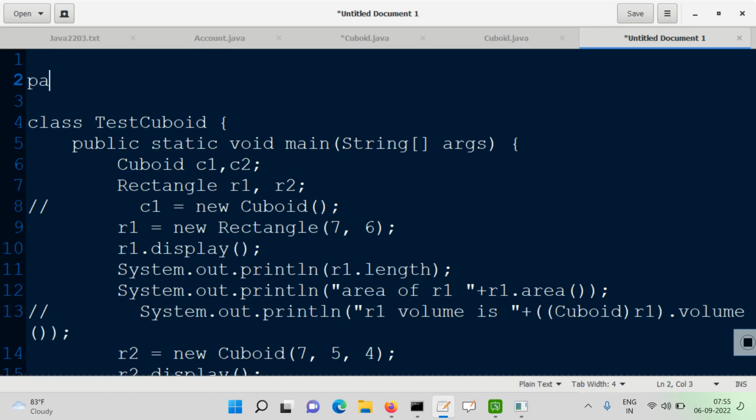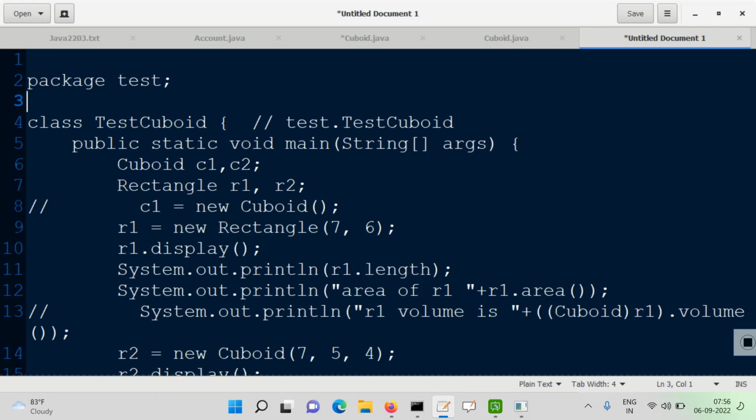For test cuboid, we might like to keep the prefix as test. So this is nothing but test.cuboid. Okay. Fine. How do we get a prefix for any of the class names? It's by using the package declaration. Fine, so we have a package declaration to define a prefix. And yes, if we want, we can have more levels, right? So this was shapes, that was shapes.inheritance, and